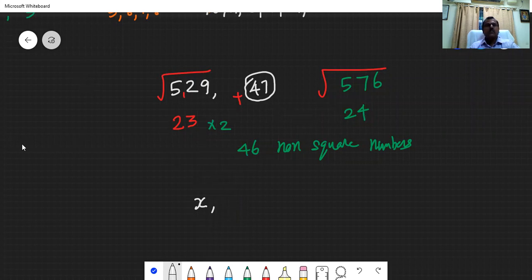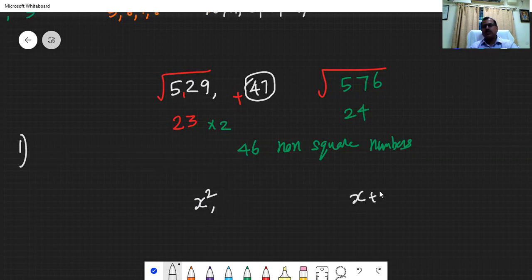So, sir, first I take a perfect square number. Square root of a perfect square number. He has started asking how to find root 2 or root 3. Still I didn't start. Wait a minute, I'll come to that point. How to find irrational square roots, still I didn't start.